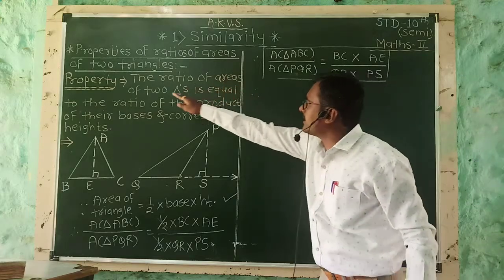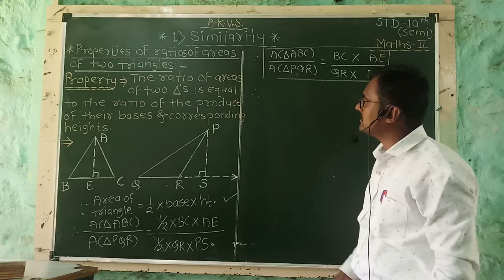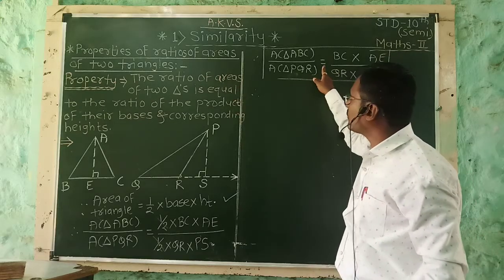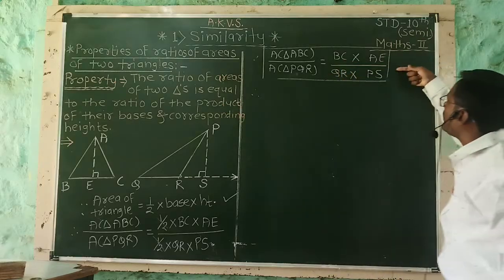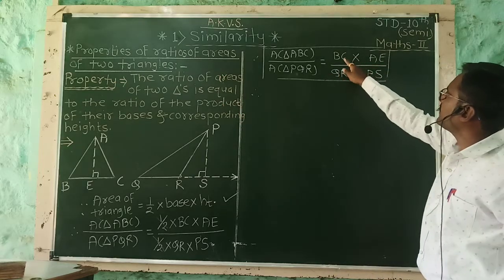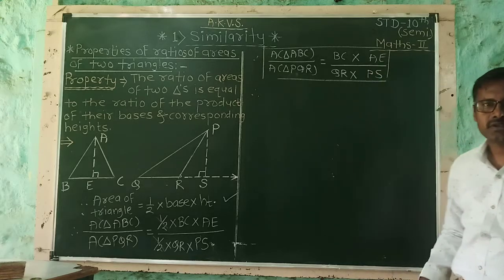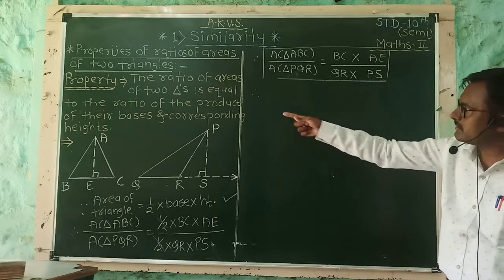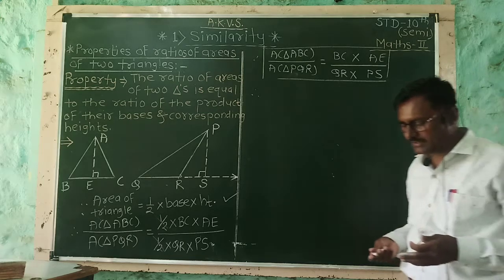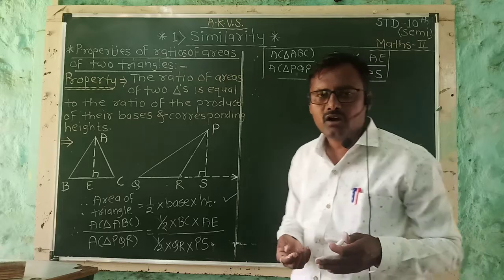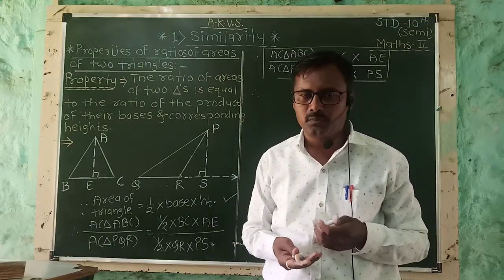Ratio of areas of two triangles. The ratio of areas of two triangles is equal to the ratio of the product of their bases and corresponding heights. This is all about the property. So, when we consider the area of the first triangle as A1 and the area of the second triangle as A2,